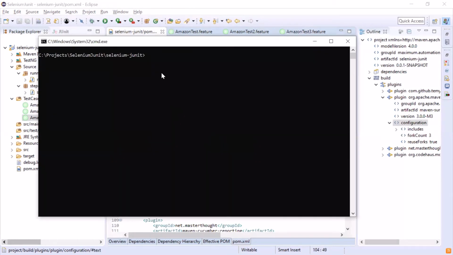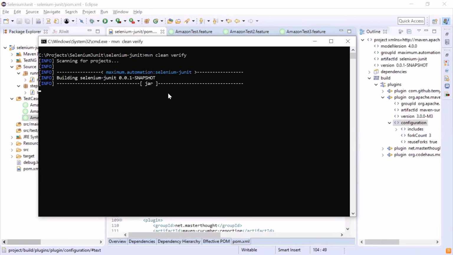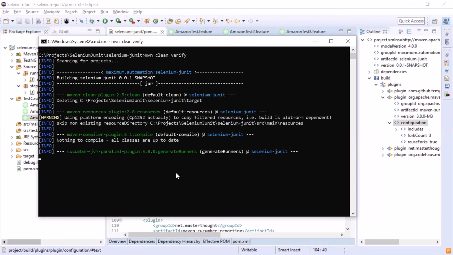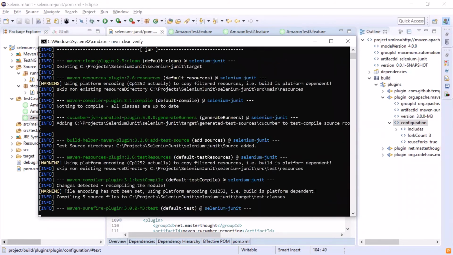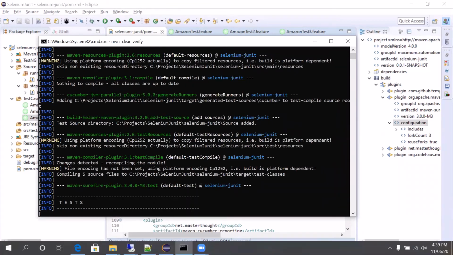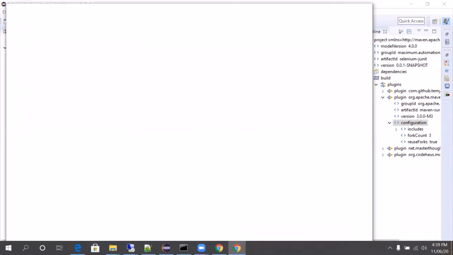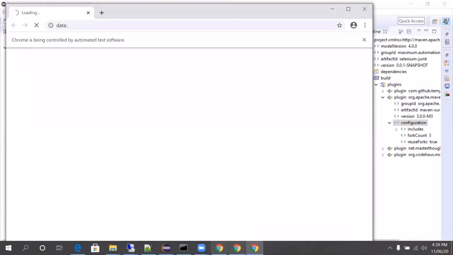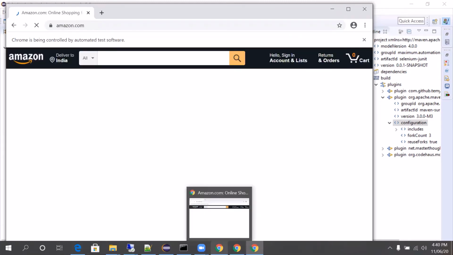Let's open the command prompt and type the command mvn clean verify. The Cucumber JVM plugin will create 3 test runner files to run the 3 feature files in parallel. Here you can see that 3 instances of the Chrome browser have been invoked. It means that all 3 feature files are running in parallel.